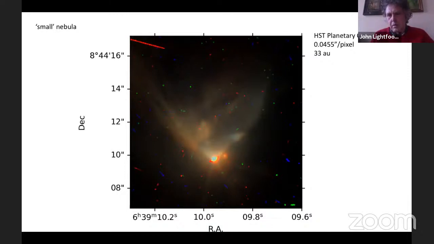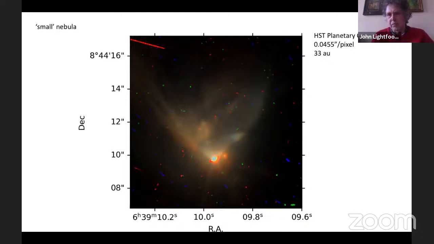So at the top of the nebula, they were finding lines that were maybe 200 or 300 kilometers per second wide. Lower down the nebula, they were much narrower, and they fitted a relation to them, and that was their interpretation.